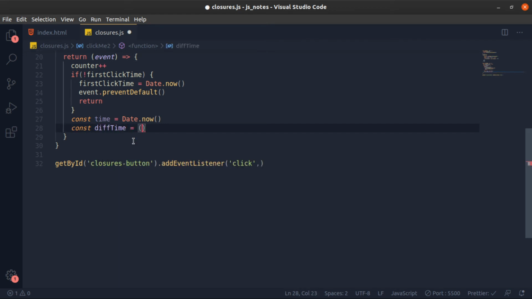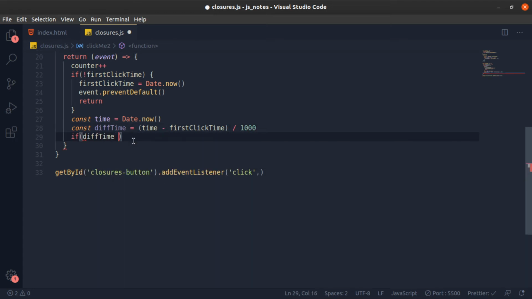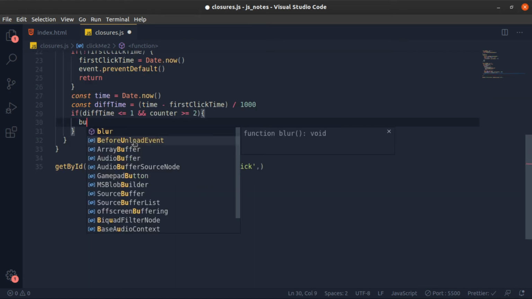This will be equal to time minus firstClickTime over 1000 to convert it to seconds. Now if diffTime is less than or equal to a second, which is 1, and counter is bigger than or equal to 2,